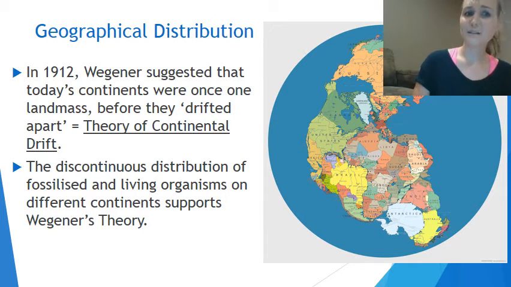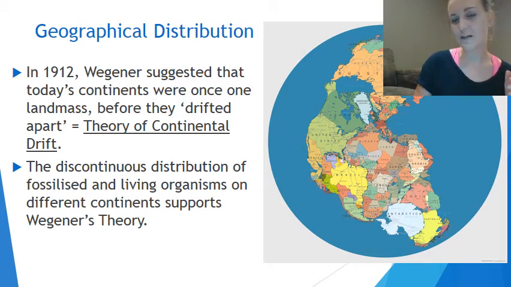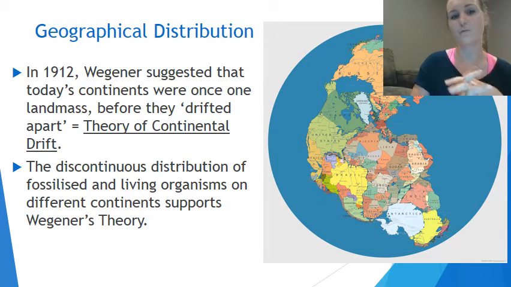So it was actually in 1912 that this man called Wegener suggested that today's continents were once one big landmass before they all drifted apart. We call this today the theory of continental drift. As you can see in the picture on the side here, this is what scientists theorize the world used to look like before all the continents drifted apart, and we call this today